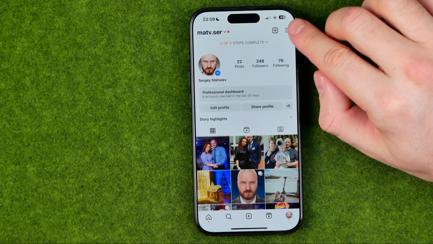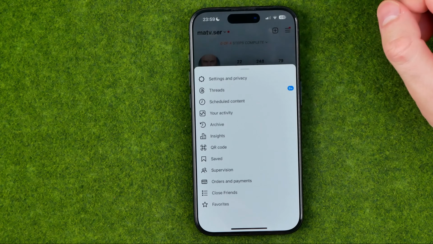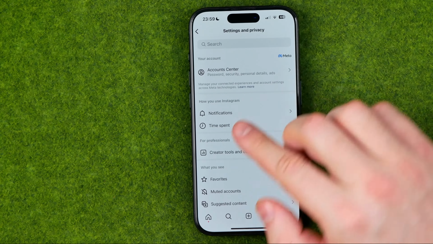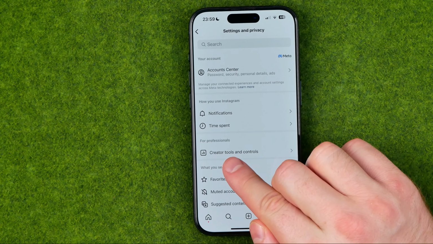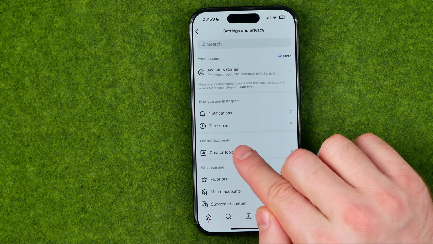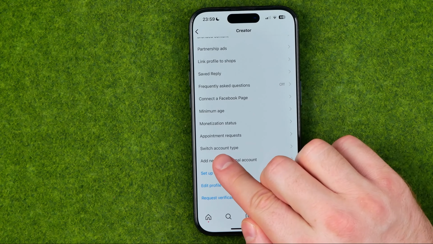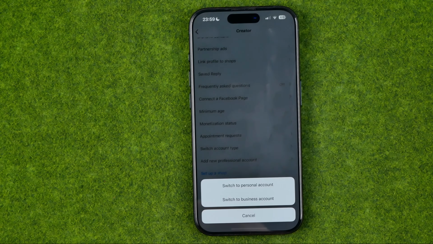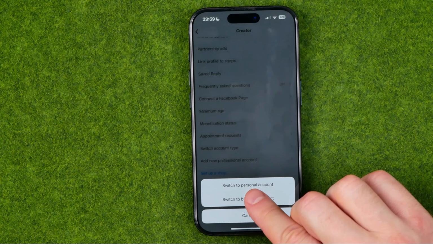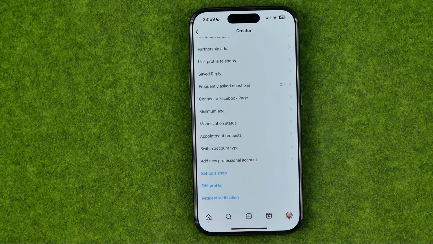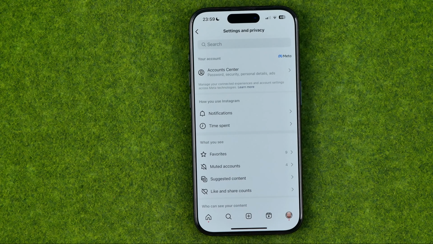To do that, we need to tap right here at these three lines, then select Settings and Privacy. And that's where we can easily find Creator Tools and Controls. Then down below here, tap at Switch Account Type, select Switch to Personal Account, switch to Personal Account again, and then just wait for a while, 5 maybe 10 seconds, and then you can